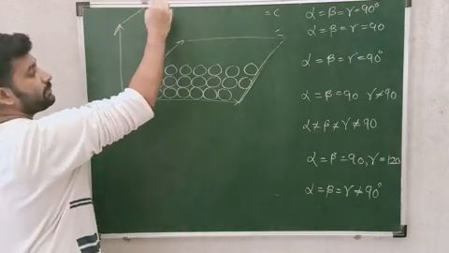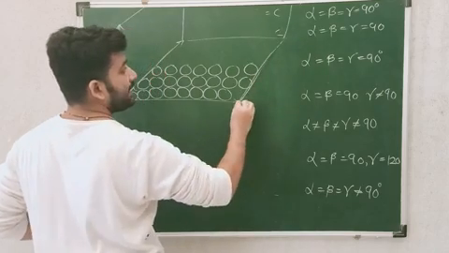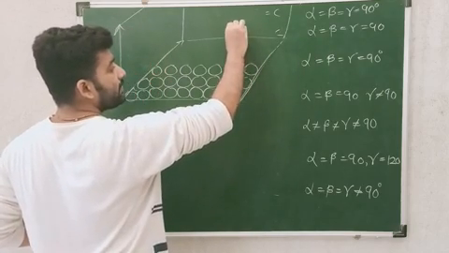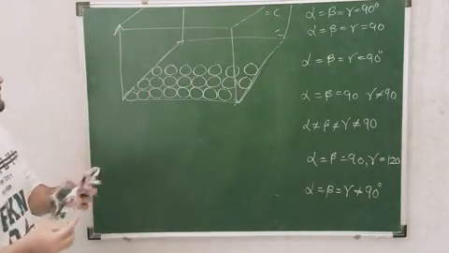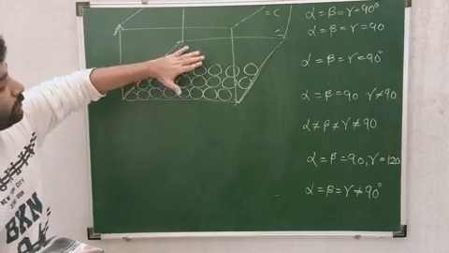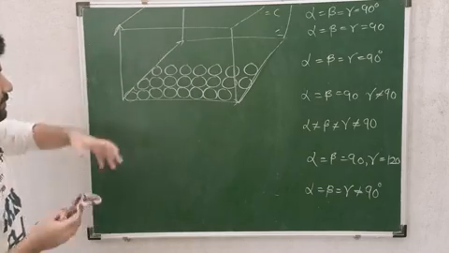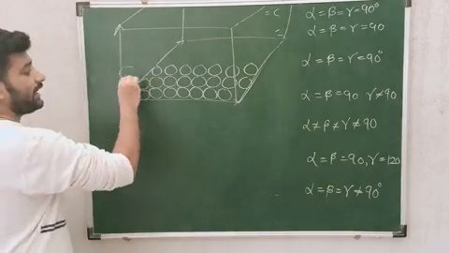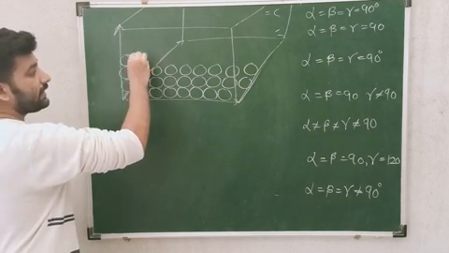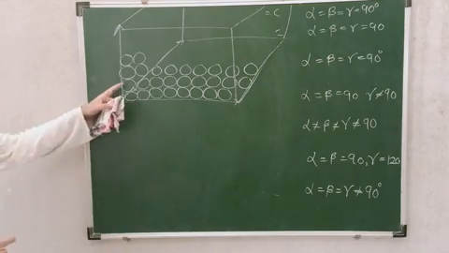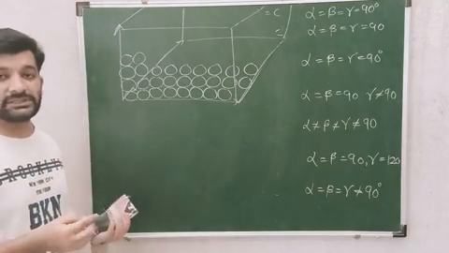3 dimensional arrangement means what? Now I am having a cube over here and that cube will be filled with all the walls of the container. Okay, so now this is the cube. First the cube was filled with only atoms at the base. Now those atoms will be placed on one another. Here I will have atoms placed on one another like this. Here I will have atoms placed on one another. This will be known as what? AA type of arrangement in 3 dimension.